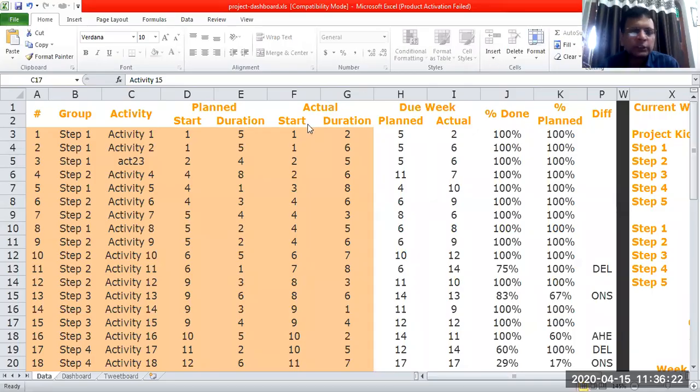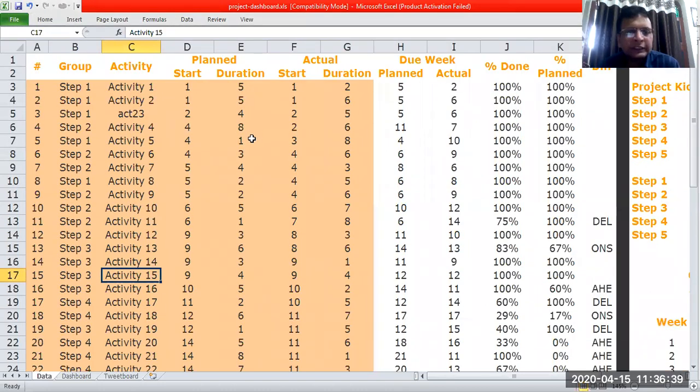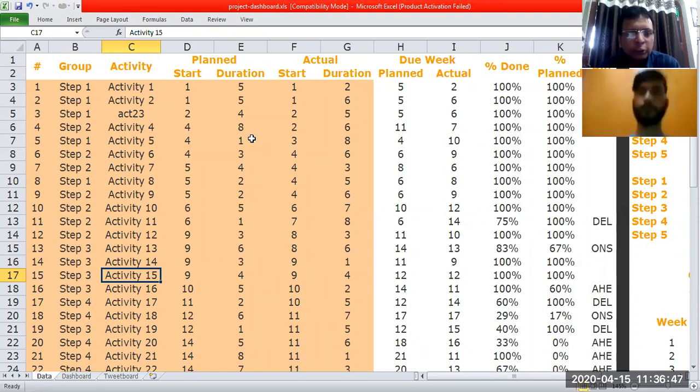Okay, so students, today I am going to demonstrate one project dashboard, how it is being used by organizations for monitoring the performance of any project that the company is undertaking, right? This data might be coming from an ERP software, which is actually recording all kinds of activities that are happening in a major project.